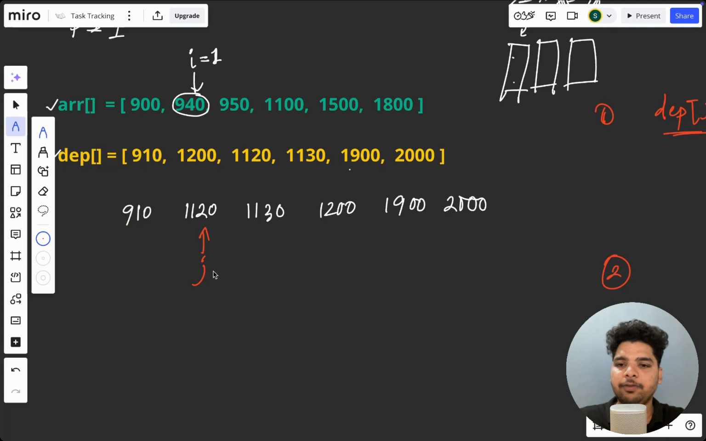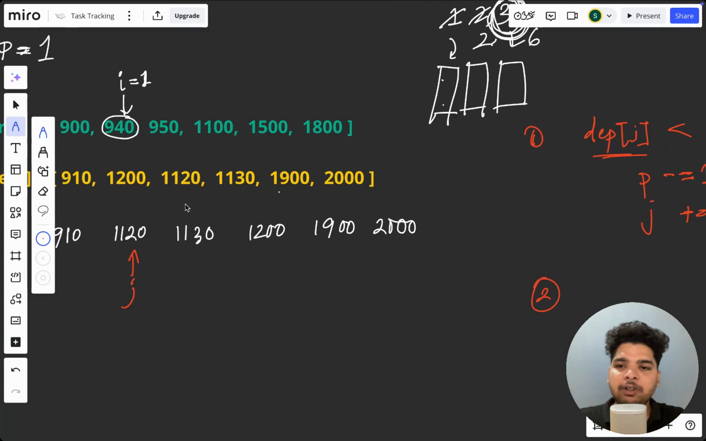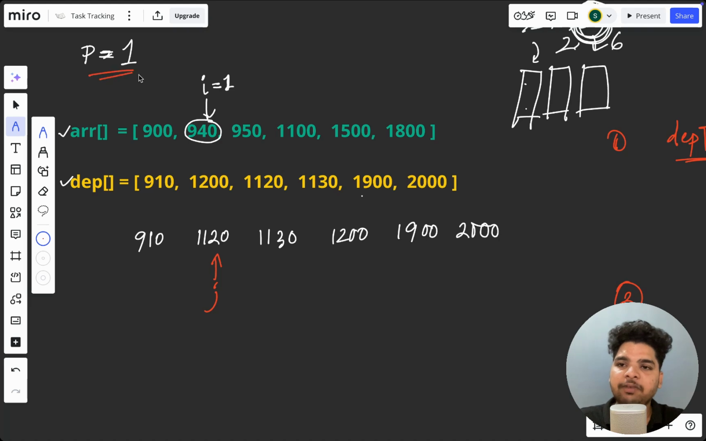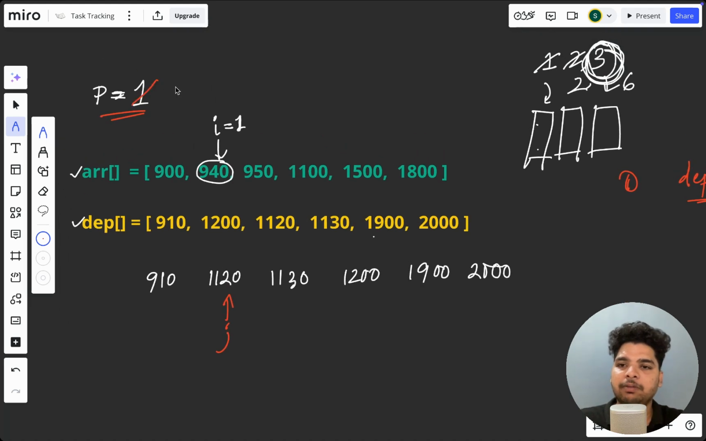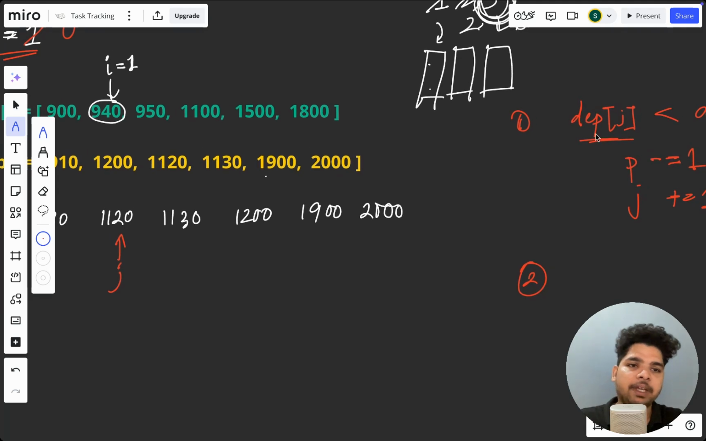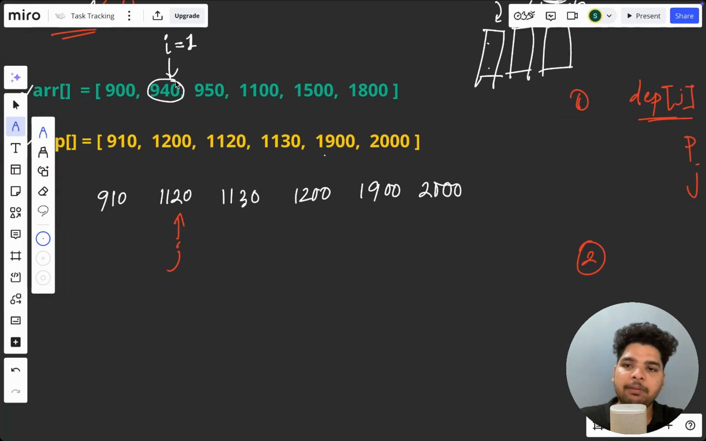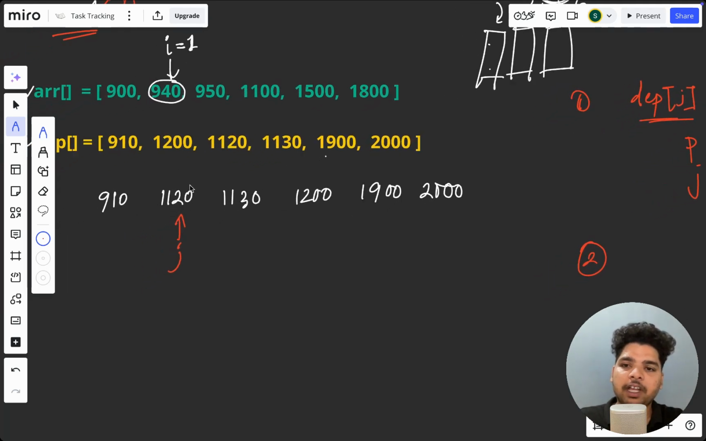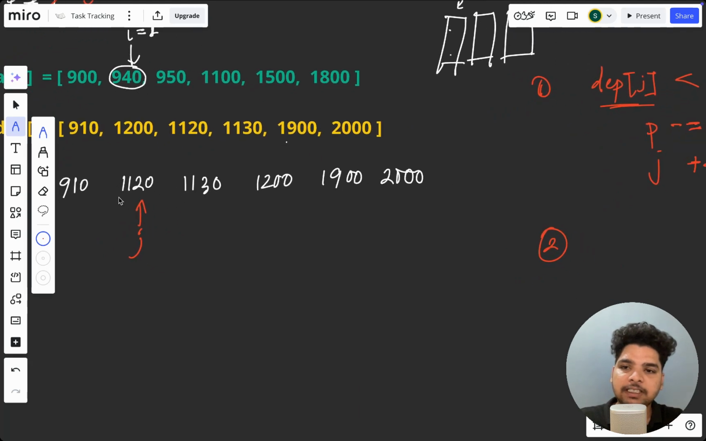Now j is here. What we have done is empty the platform, we have decremented the platform, so it will become 0. Then when j is here, we'll again compare arrival time with departure time. Now if departure time is greater than arrival time,